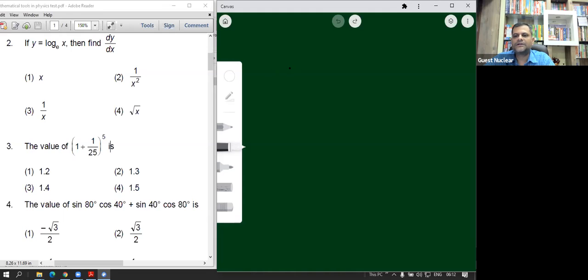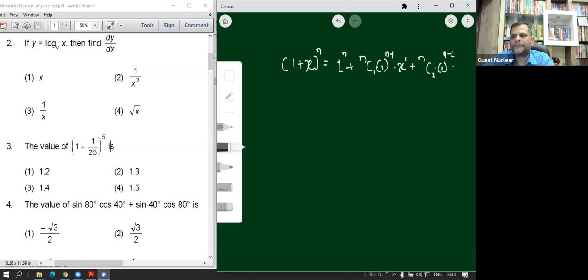तो लेकिन इसमें क्या है ना कि इसका बाइनोमियल थ्योरम का अप्रोक्सीमेशन भी हमको यूज करना पड़ता है. देखो यहाँ पे अगर (1 plus x) raised to n इस टाइप का अगर एक्सप्रेशन होता है तो उसको हम बाइनोमियल थ्योरम से एक्सपांड करके इस तरह से लिख सकते हैं 1 raised to n. This will be the first term, plus nC1 into 1 raised to n minus 1 into x raised to 1. करेक्ट है. Plus here it will be the second term, that is nC2 into 1 raised to n minus 2